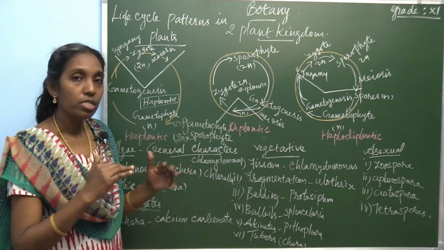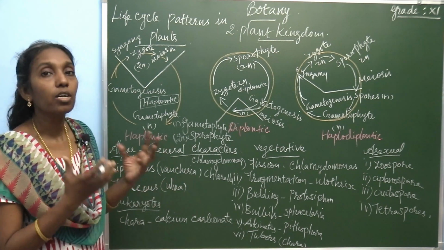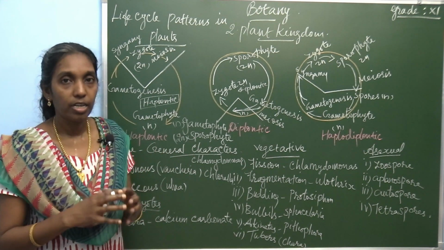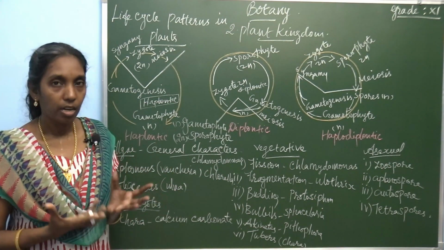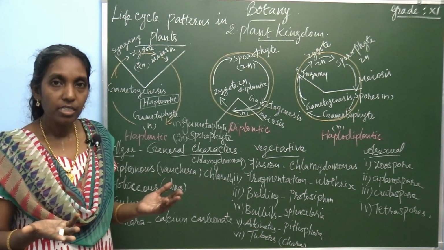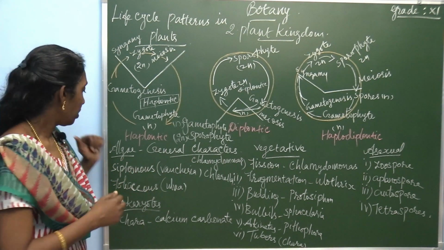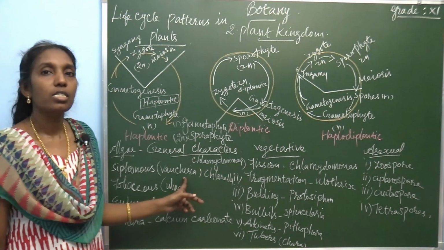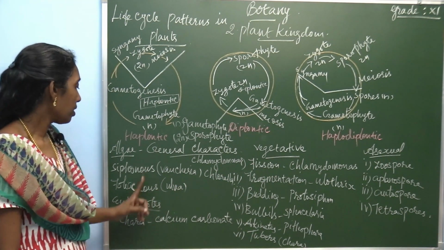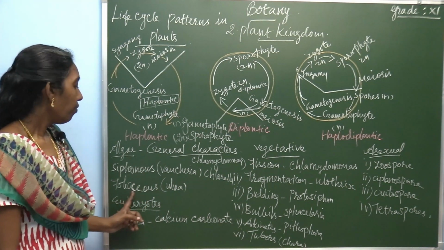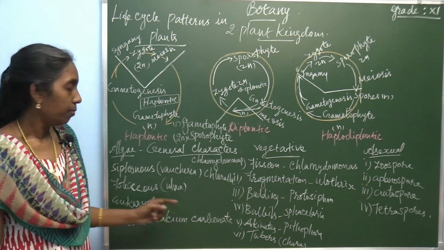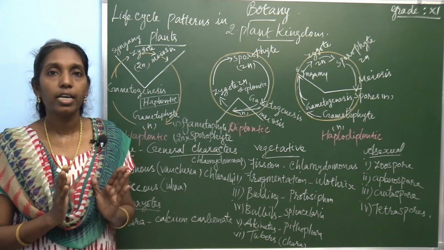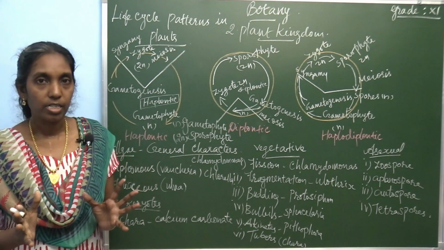So, this is unicellular motile, unicellular non-motile and colonial alga. Certain alga are present as colonial motile or colonial non-motile. Filamentous branched, filamentous unbranched. And here one example is Siphonous, Vaucheria. Vaucheria is one of the examples of Siphonous. And Foliaceous, example Ulva, one of the marine alga. So, first write about the general character, thallus organization.